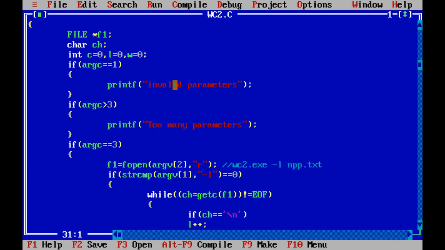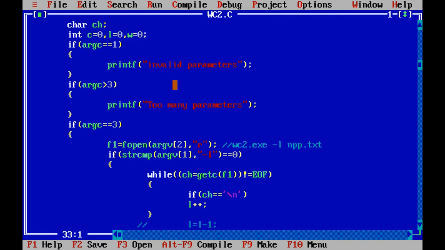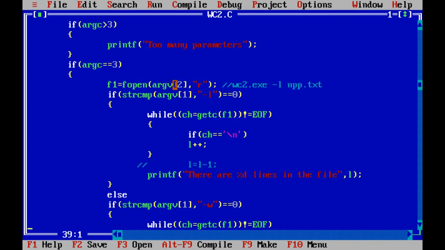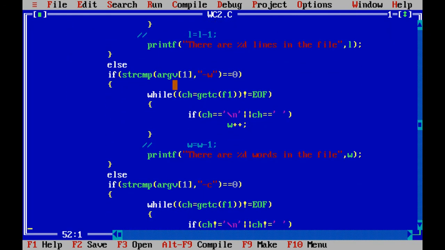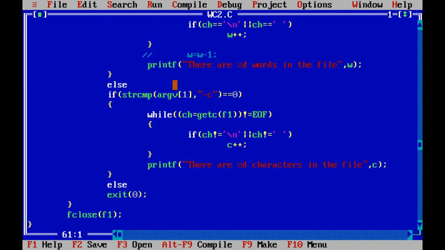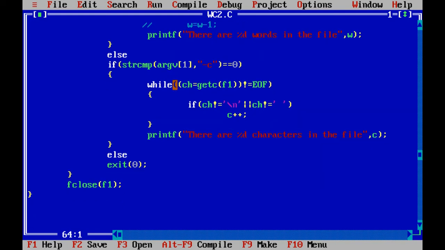By far it has inculcated all the concepts which we have learned so far. We are going to use file handling, we are going to use arguments, how to handle them, and finally we are going to execute this code. So I hope you understood. It was easy but a little difficult when you actually type it down and execute it. I hope you understood it. Thank you.